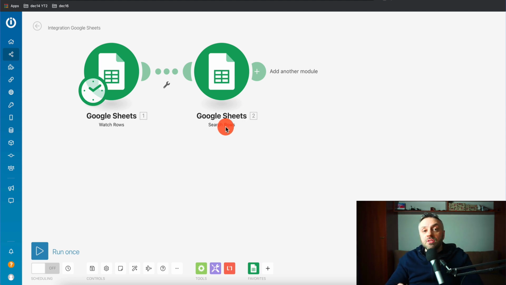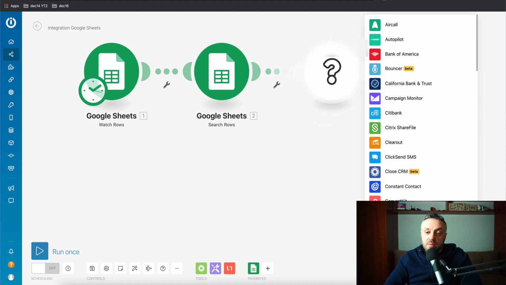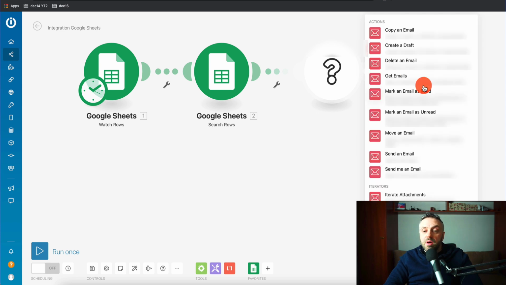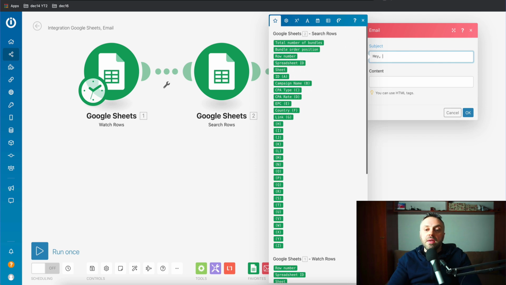The last step is to send an email to that person, okay? We're going to click plus here, type email, and find this email module. Now, I'm going to run a test just to show you. I don't want to send an email to the actual respondent in this case, but it's going to work exactly the same way. I'm going to pick send me an email, and the subject is going to be, hey, and